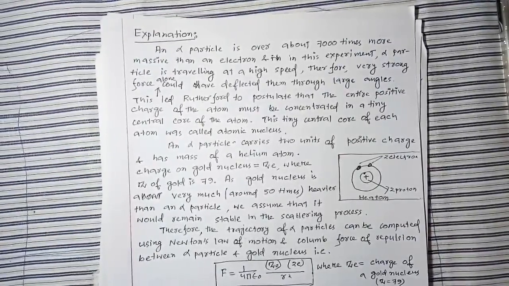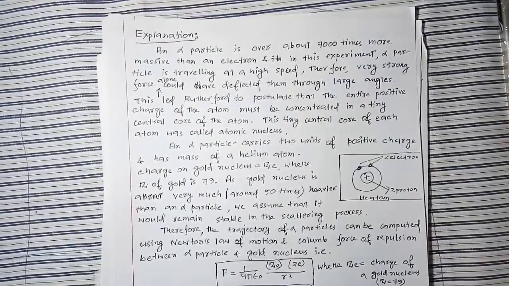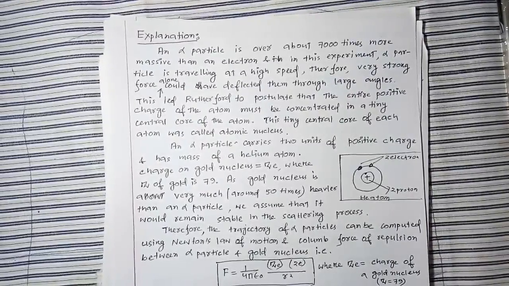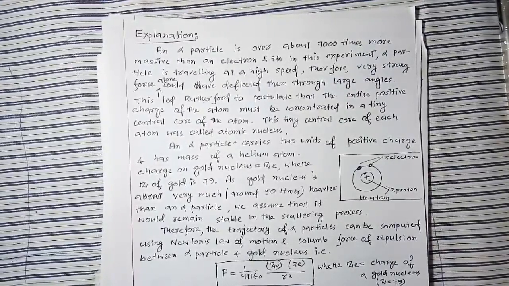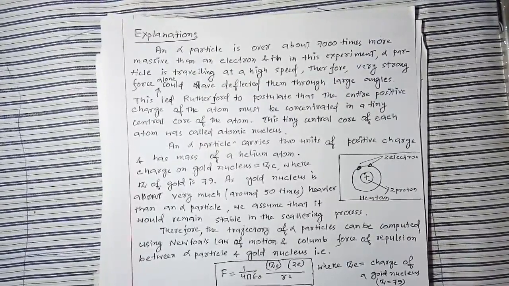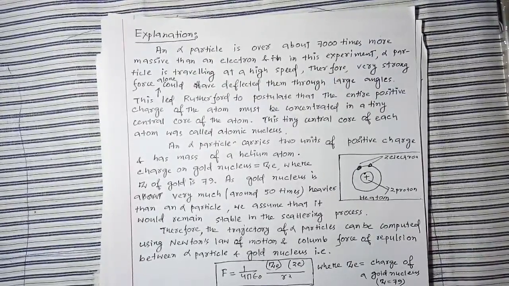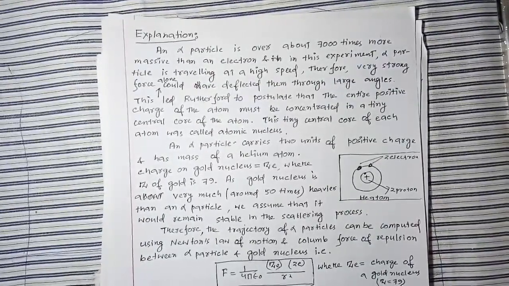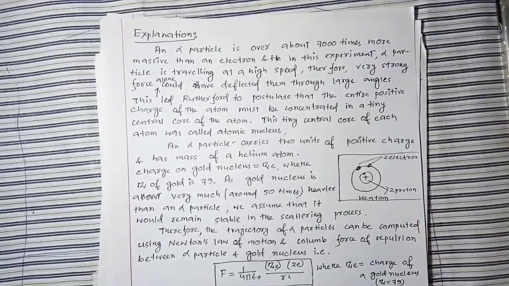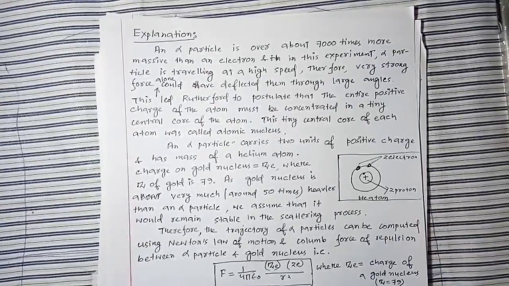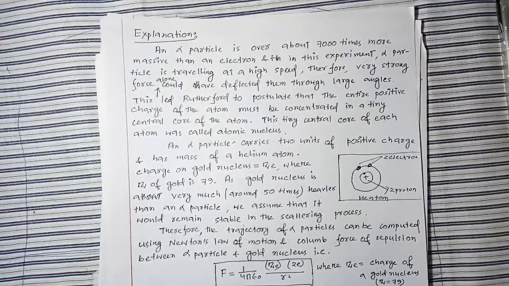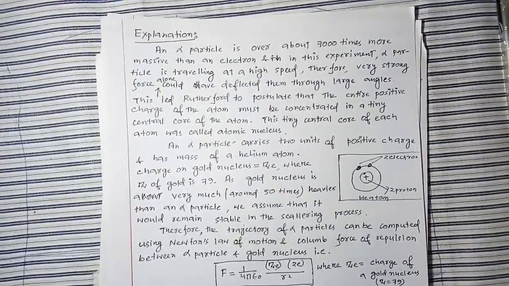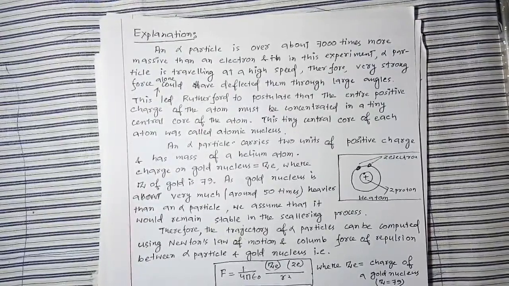So for the alpha particle to get deflected by a very large angle, because some of the alpha particles are getting deflected with a very high scattering angle, yes or no? To scatter an alpha particle with a very high scattering angle, a very strong force is required. Am I right? A very strong force that should remain inside the gold atom could deflect the alpha particle with a very large angle, right?